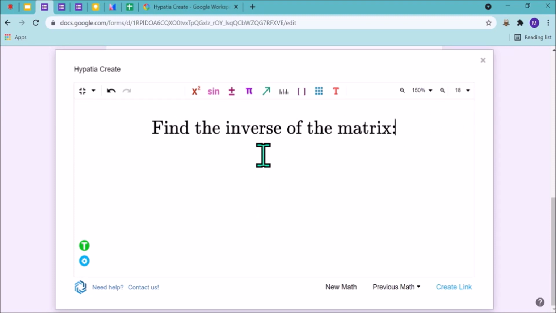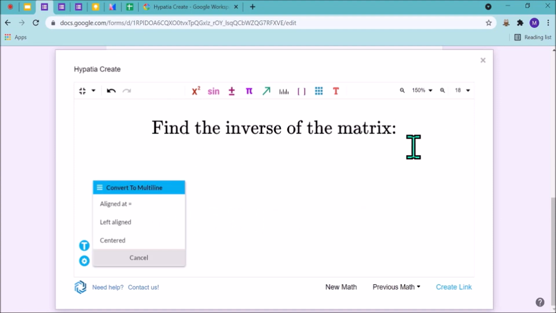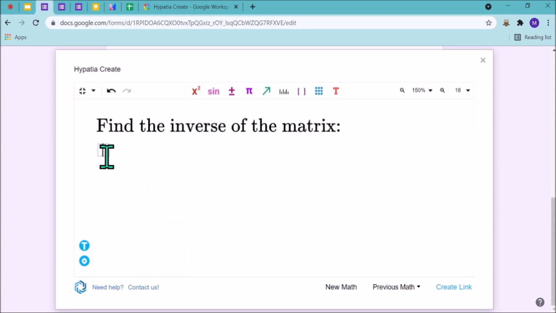This is the text. Now I want to bring math mode, and I want a new line also. I will press enter on my keyboard, and it is asking me where to align. I generally align at left.